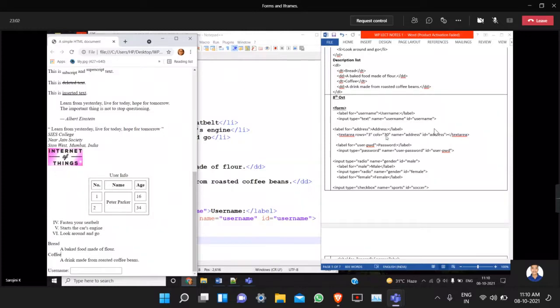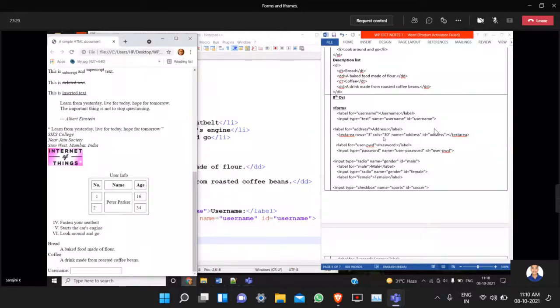Now here there are 3 rows. In a single row, how many maximum characters should be allowed? 30. So this denotes the columns. So in every row, how many columns? In other words, in a single row, how many characters? Both denote the same.